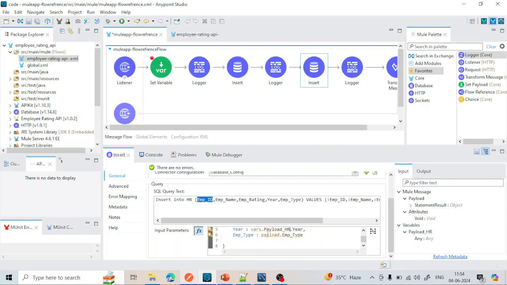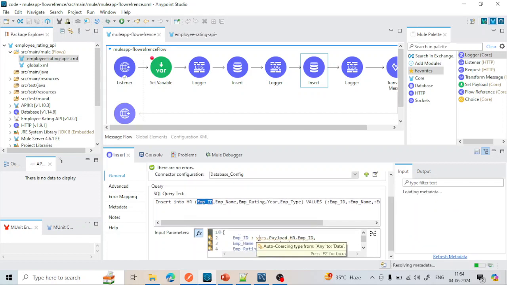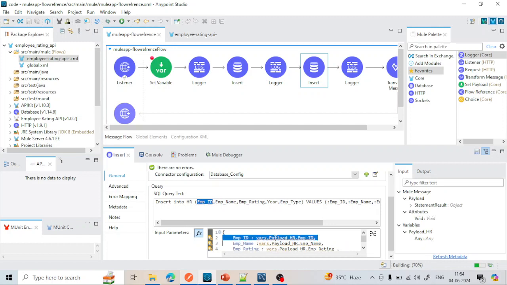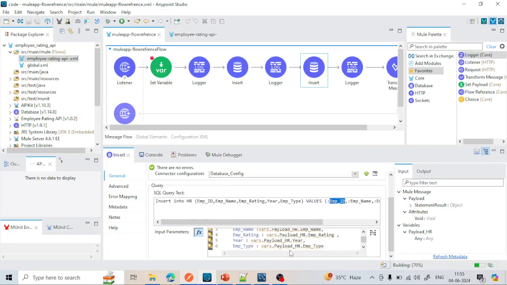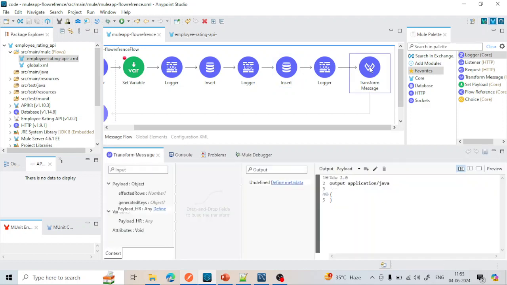okay, now it is done. What I have done, I am just using the vars and the payload. I am fetching the variable, I am setting the value of empid against this, and this is going to here, and this is going to insert. Similarly, I am doing for the emp name, emp rating, all this here. Okay, this is done. Now before going to run this flow, I want to